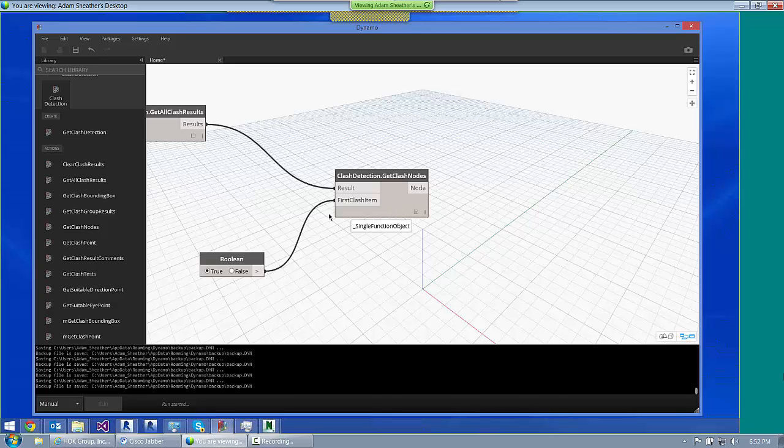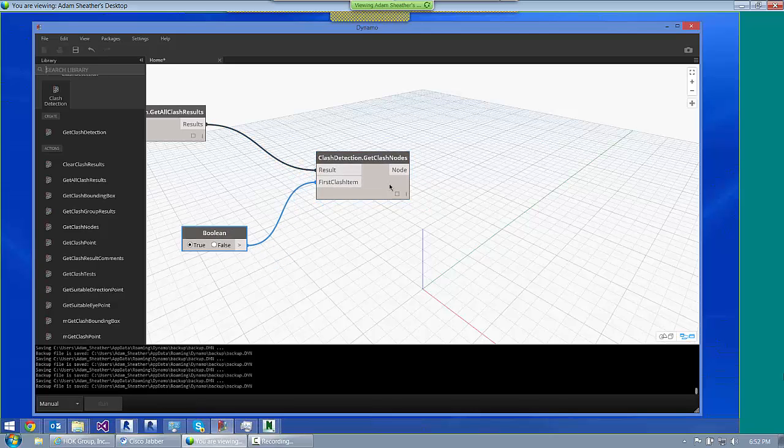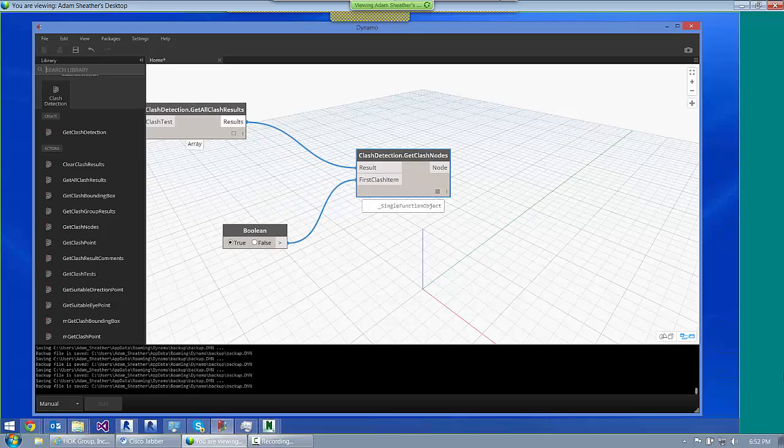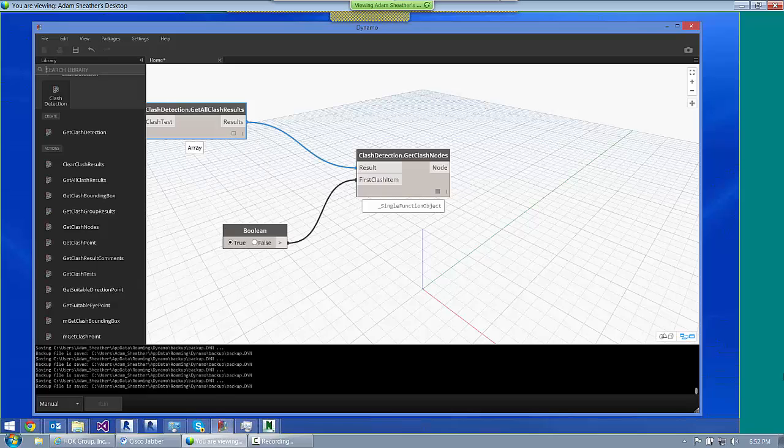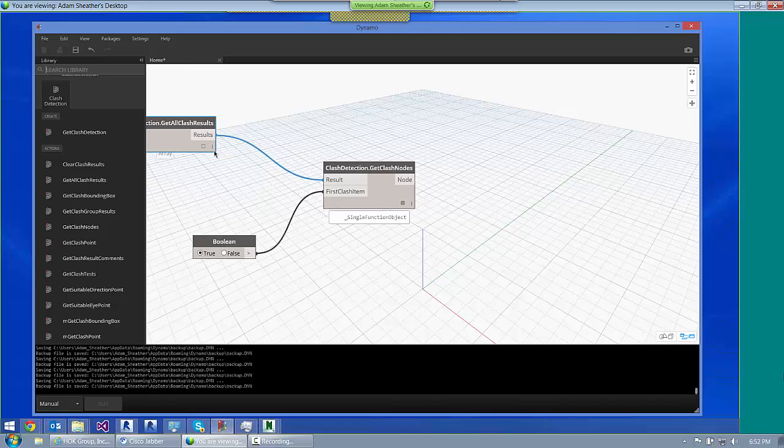And a couple of things that we haven't done that you can do is query specific clashes. So if you're after, hopefully you can see there the statuses. If you've got active clashes, if you've got resolved clashes, you can group all those apart and then do various things with each of those. So we could ignore everything but say the new clashes or the active clashes and then run that through here